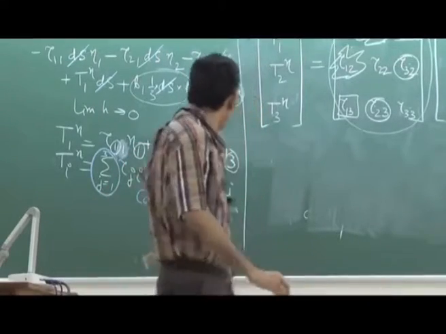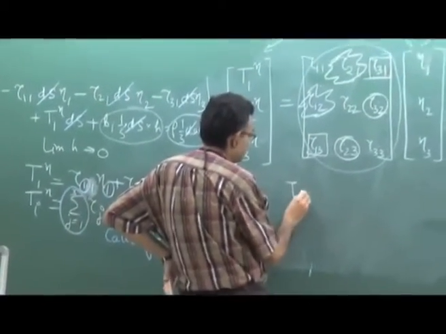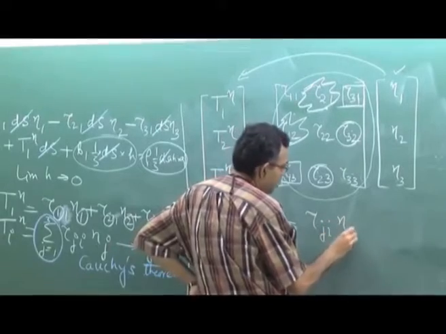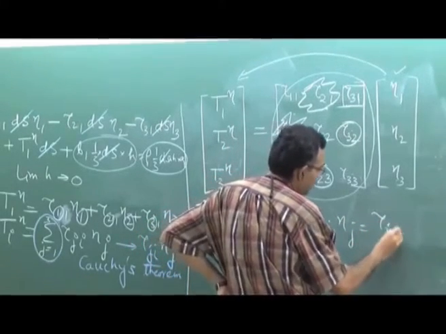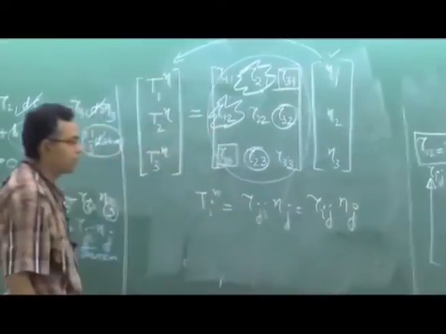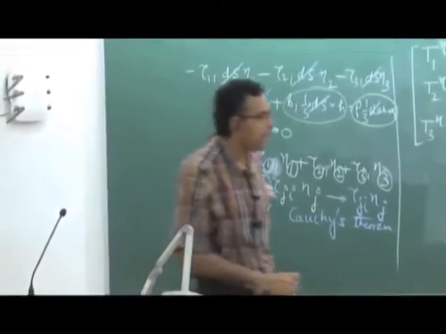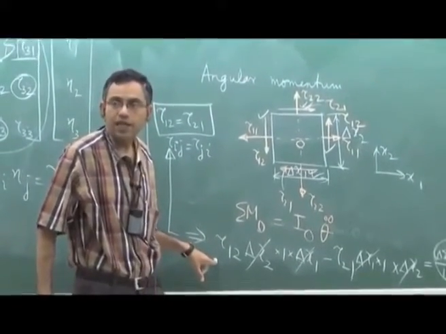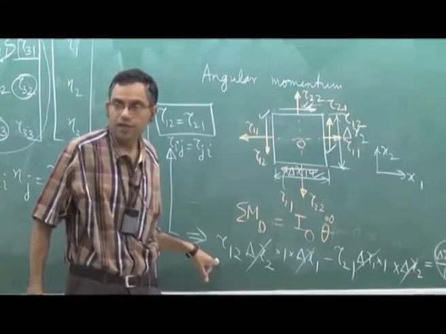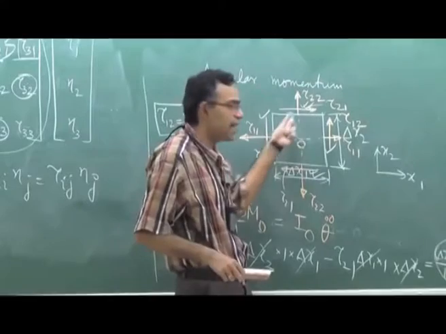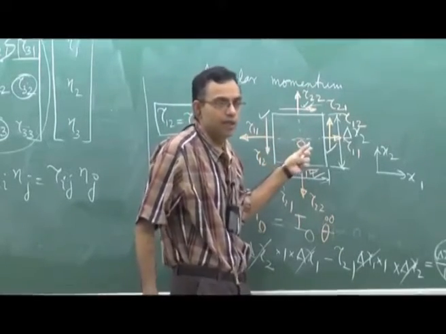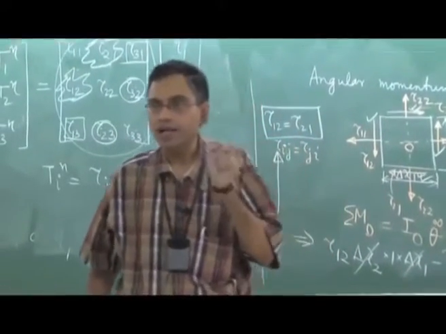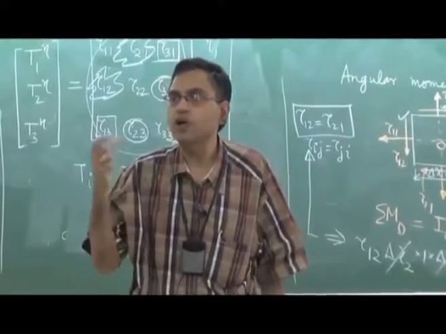Okay. So now the Cauchy's theorem, this also you can write as tau ij eta j. Now one important thing is that while deriving this equation we have assumed that there is no body couple. That means there is no couple which is acting on the volume of the fluid. That is true in general for almost every fluid, but there are exceptional fluids which can sustain body couples.